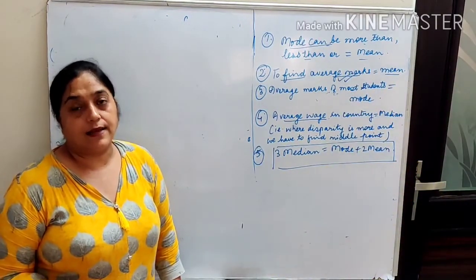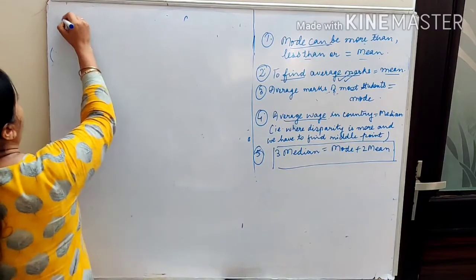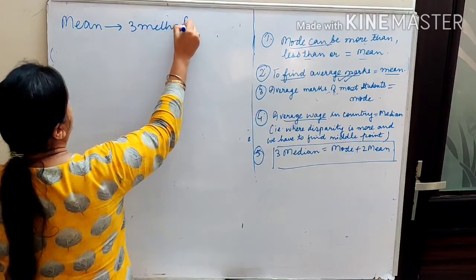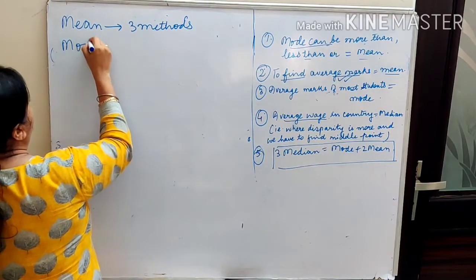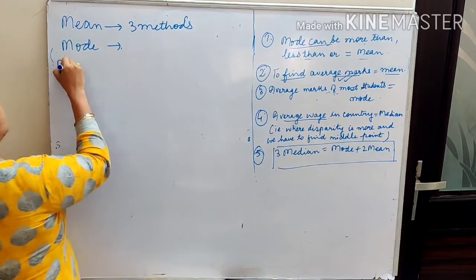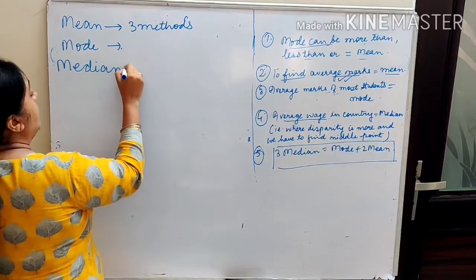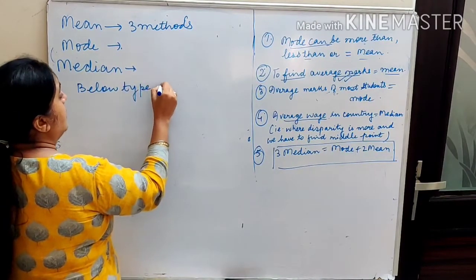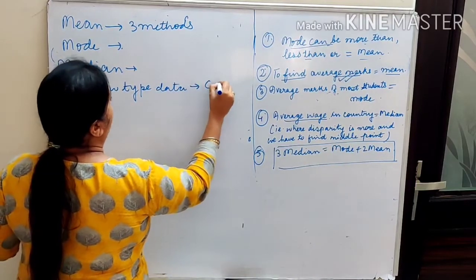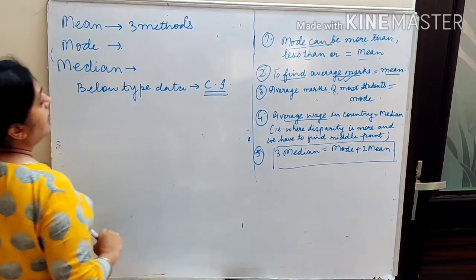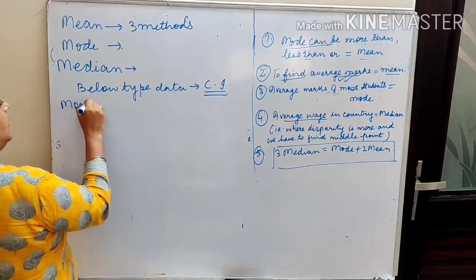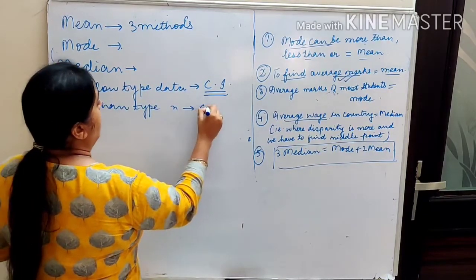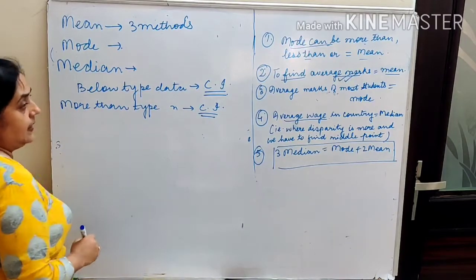So in this class and in the previous classes we have already discussed about mean. Mean by 3 methods. तीनों methods we have already discussed. Then we discussed mode. Mode क्या होता है, that we have discussed. Then we discussed median. Median में already we have done, एक हमने conversion सीखी below than type डाटा को कन्वर्ट करना a normal class intervals में. Now today I will be taking up more than type data and convert in class interval. Right? Let us start this topic.